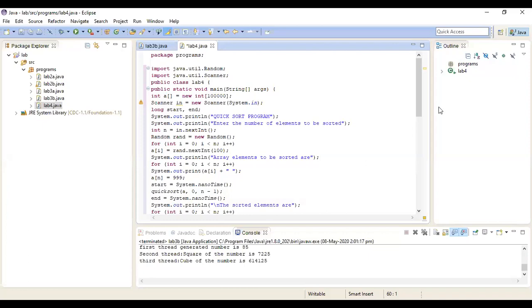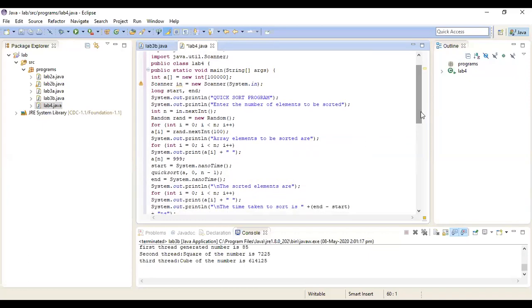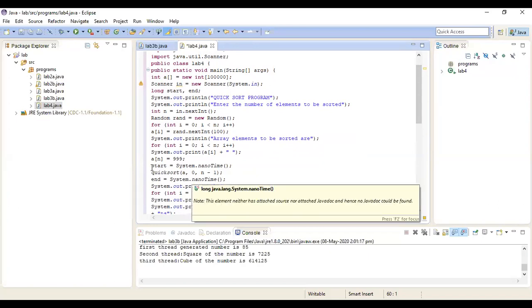Then see here, start is equal to System.nanoTime. That is, I'm calculating how much time it has taken. I have taken the start time, then I'm calling the quick sort, giving all three inputs. After the quick sort has happened, I am taking the end time.